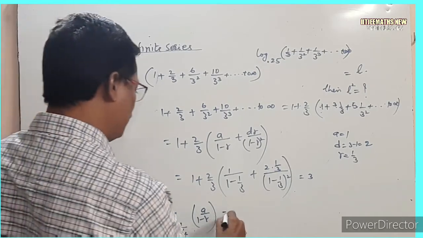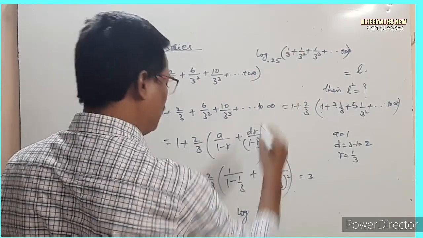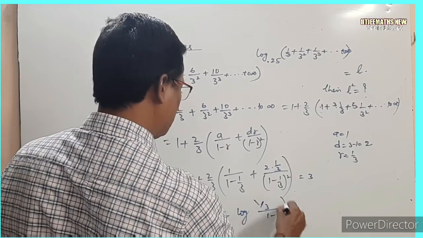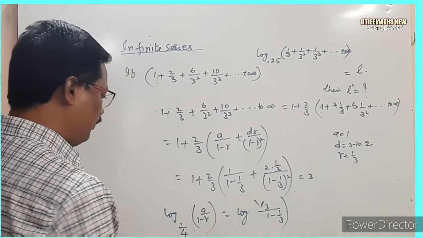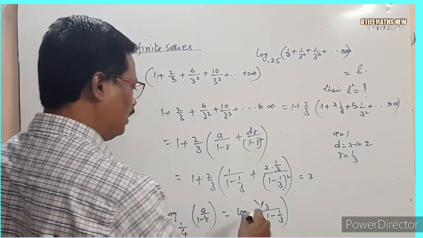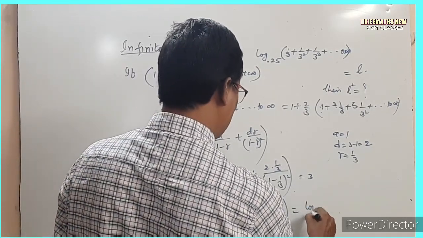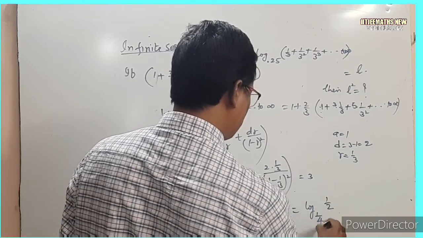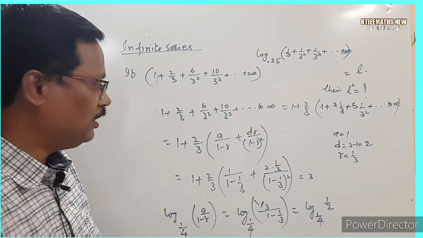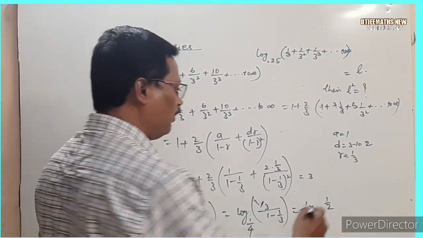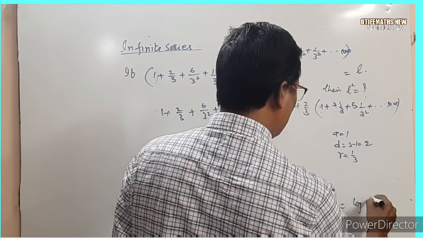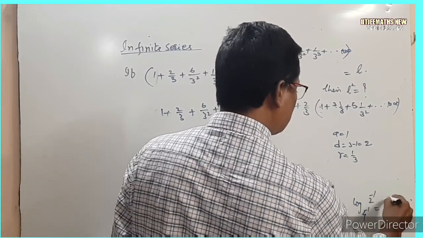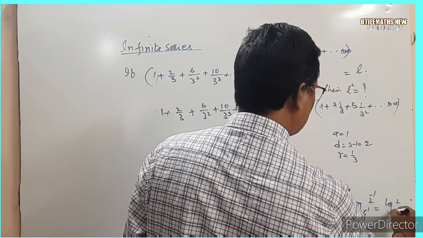Therefore this is log of A is what? 1 by 3 by 1 minus 1 by 4. Therefore this base is 1 by 4. If we simplify this log, this is log of 1 by 2 to the base 1 by 4. Okay, we got like this. Now how can we write this into log 2 power minus 1, 4 power minus 1. Therefore minus minus common, log 2 base 4.